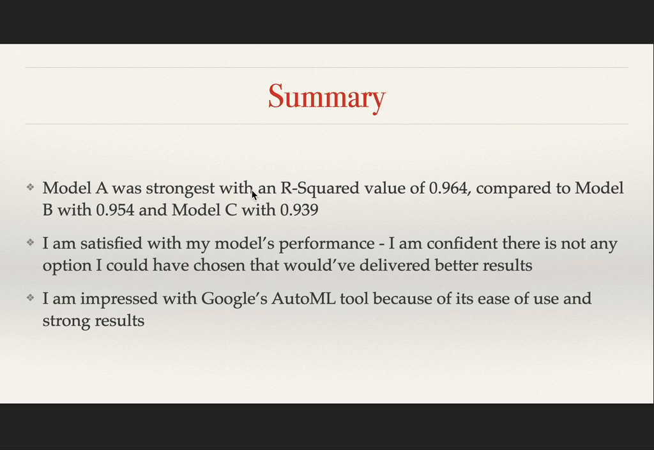In short, the model I choose is our model A, which was an R² value of 0.964, which again is a strong value. So the model did a good job. It performs well at predicting energy output. I'm satisfied with that. I feel like I kind of tested a couple different types of models, and I found a very strong result as a result of that. And I really liked Google's AutoML tool. It was easy to use, and it